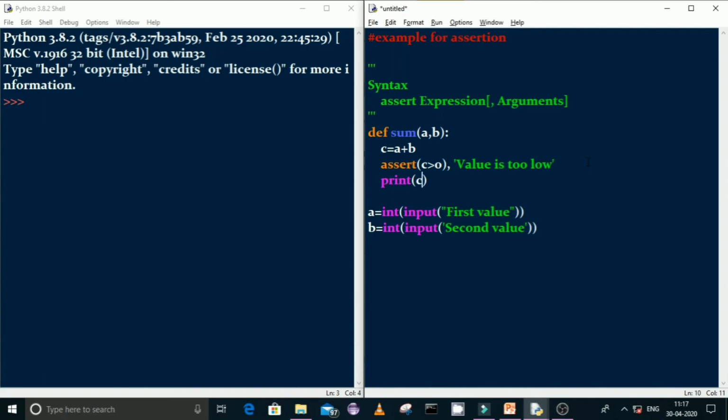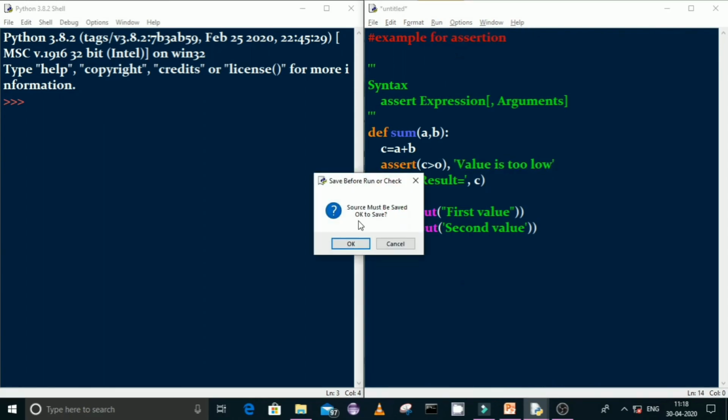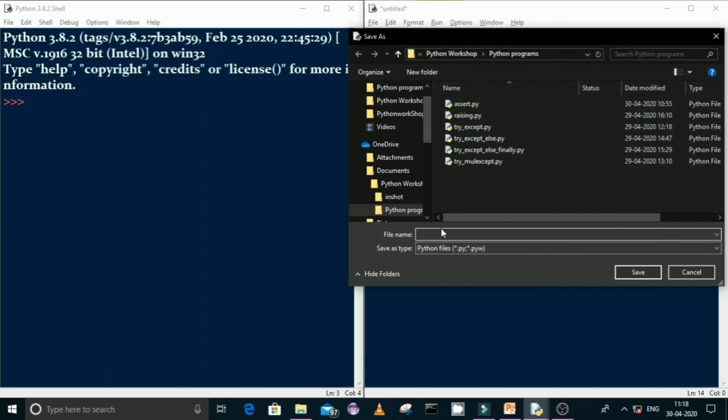The control moves on to the next statement, print c. So here we're going to print the result equal to c. If the expression is validated true, then we're going to print the value. If it fails, then it's going to raise an exception. Now run the program. I'm going to save the program as